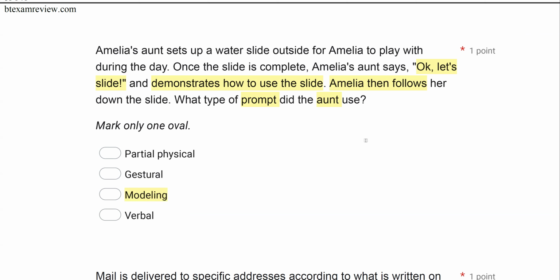Now, again, pretty straightforward question. The hardest part about the behavior questions is getting used to identifying antecedents and consequences and behaviors. That's why when you're studying, you should spend a lot of time understanding, okay, this is my SD, this is my prompt, this is my consequence, this is my response. And once you get a hang of that, consequence questions, reinforcement questions, antecedent questions, those are going to become much, much easier because it's going to become second nature to identify the different parts of that ABC contingency.